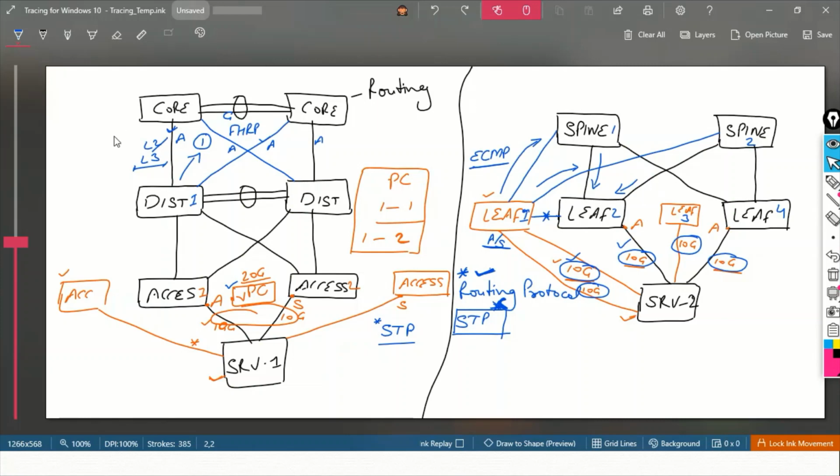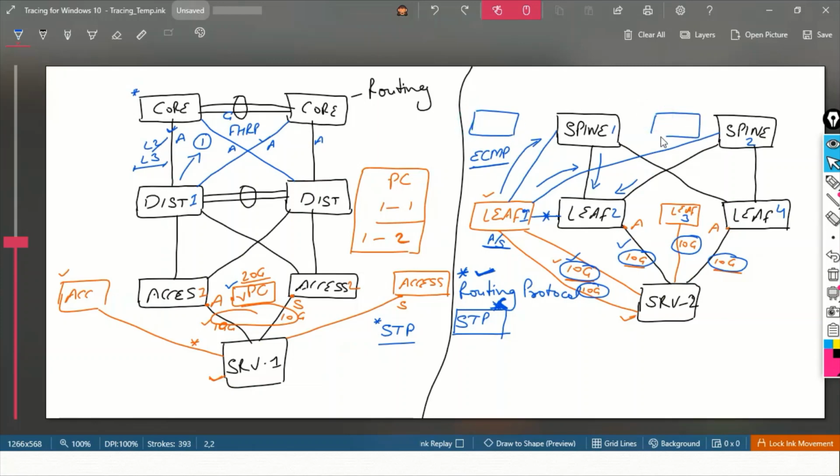right? Second and most important point is that with core devices we have the limitation that we can use only 2 core devices and 2 distribution devices. But in this 2-tier architecture we do not have any limit that we can install only 2 spine or 2 leaf.